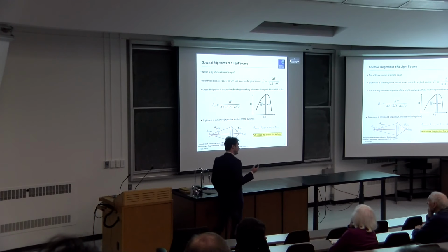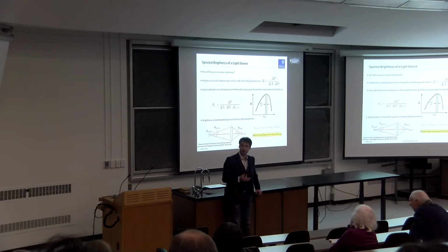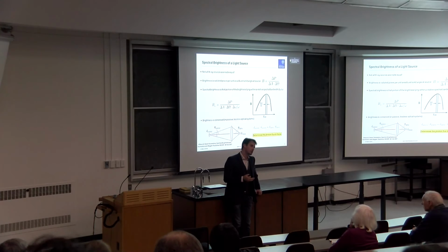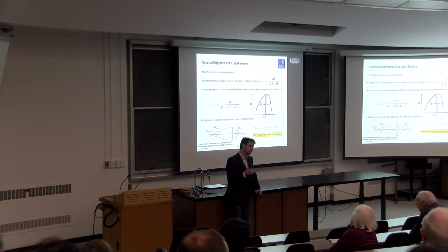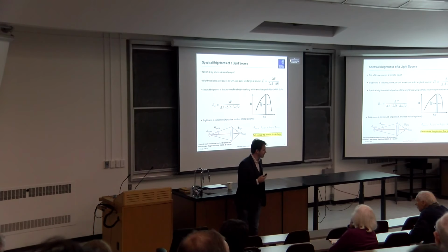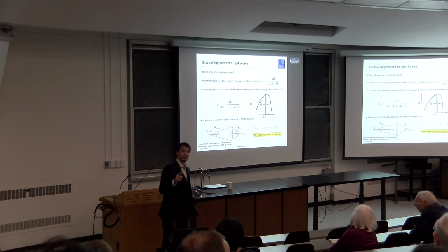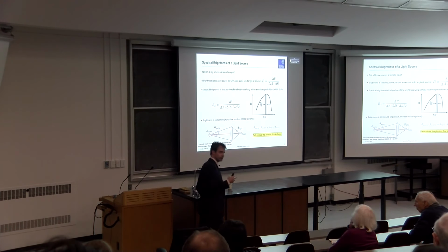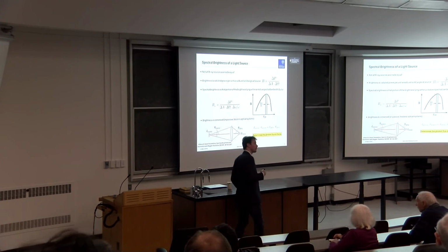So I used the term brightness a few times, right? So you might wonder what actually distinguishes a certain X-ray source from another one, and the answer is spectral brightness. I'll talk about peak spectral brightness, and that's what I really mean when I say brightness. It's very important to distinguish it from intensity, right? A lot of times we talk about intensity as the thing that tells you something, but intensity is not a good number because it depends on the optics that you use, right?